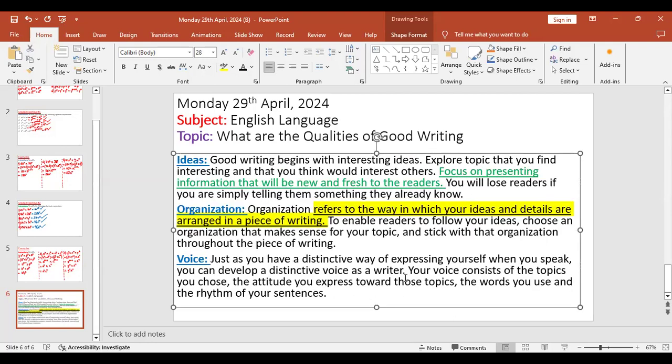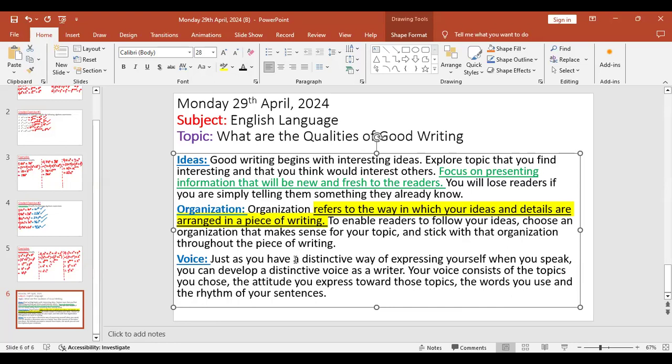So just like how we all speak with a certain cadence of voice, we all speak using certain words that other persons don't typically use, right? Certain phrases you use to express yourself, you are the one who typically uses those words. So you have a voice, a way of presenting information, a way of elaborating on certain subjects. And so you have to find your voice as a writer too, just like when you're speaking.